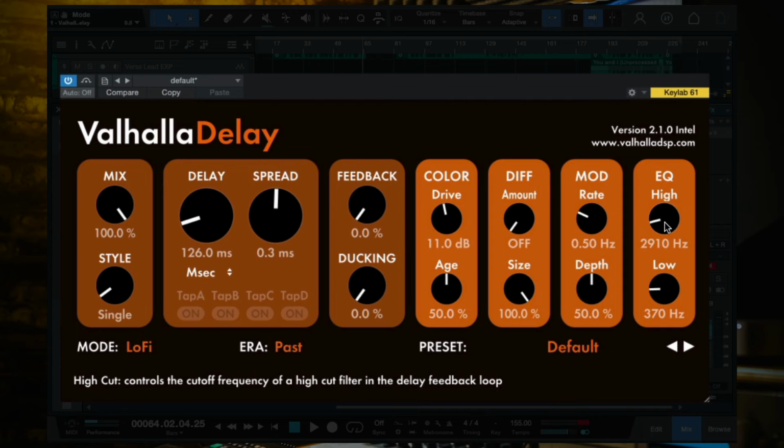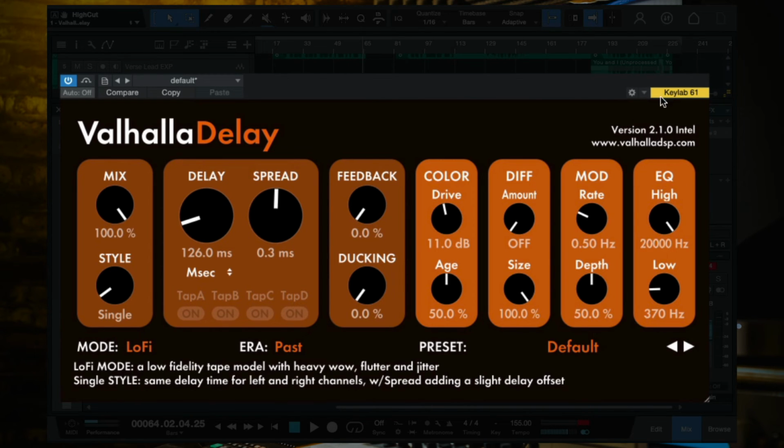So even just being in lo-fi mode, the delay itself has a warmer tone to it, not quite as many high frequencies. But more than that, the majority of that warmth is coming from this EQ on the high cut especially. So if I take this up like this,